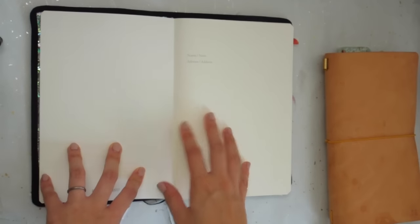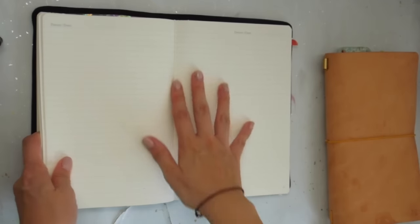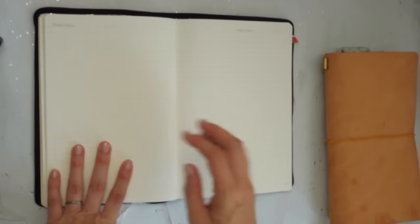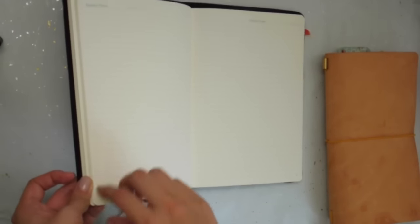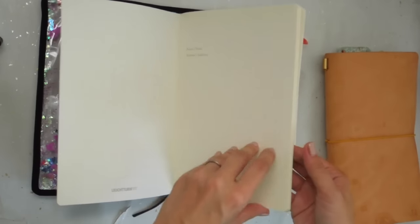I am really liking this notebook. I don't know, it's so simple, and it's just so nice to write in. I like this size. I really like this notebook. I love the fact that it's numbered already, so you don't have to write your own numbers. There is an index